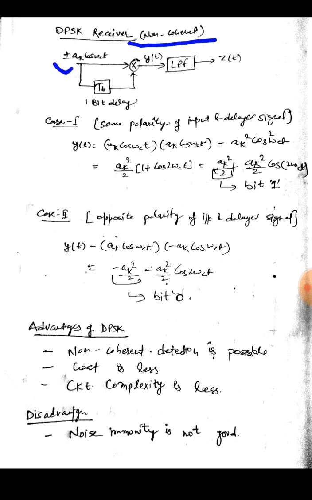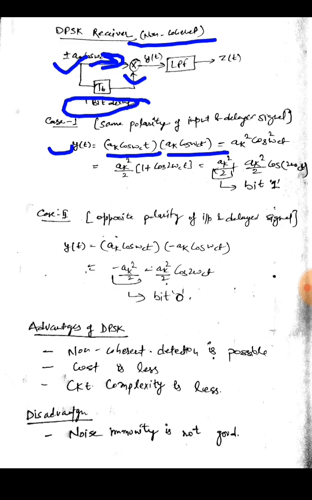So this is our input DPSK input that we received at the receiver end, AK cos omega ct, and we will feed it to a multiplier and a 1 bit delay circuit also. So one input goes directly and one goes with a 1 bit of delay into the multiplier. So at the output of the multiplier, that is YT, we would get AK cos omega ct, and